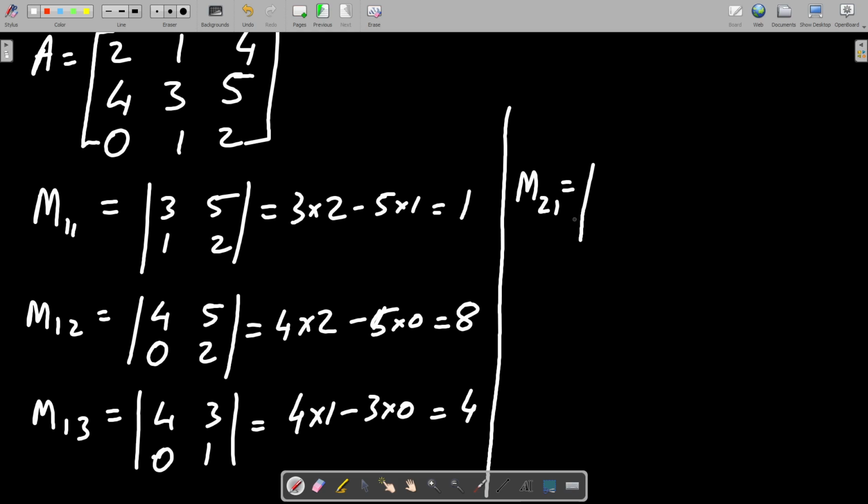That is going to become second row and first column. So it's going to leave you with 1 4 1 2. So this is going to be 1 into 2 minus 4 into 1, that is going to be equal to